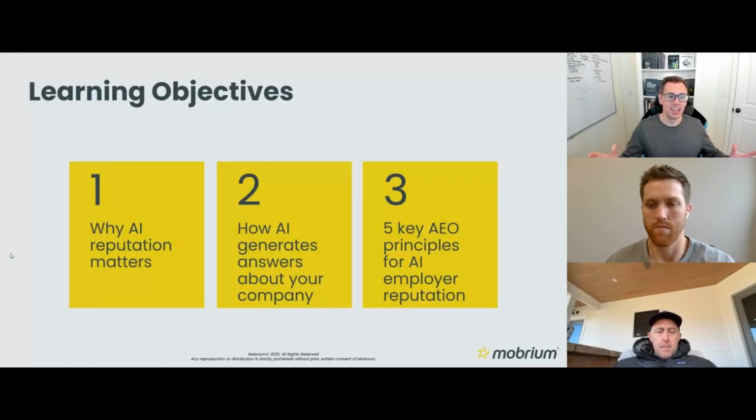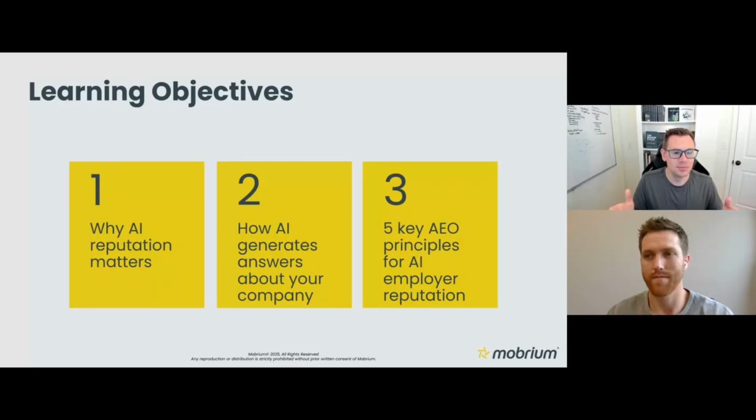So here's what we're going to cover today. If you've heard AEO being thrown around instead of SEO, you may be wondering what that is. It stands for answer engine optimization. So an answer engine is ChatGPT or Copilot or Perplexity, all these different models that are now becoming much more